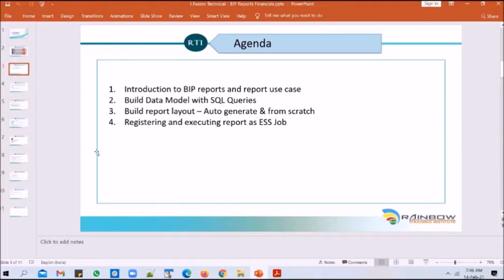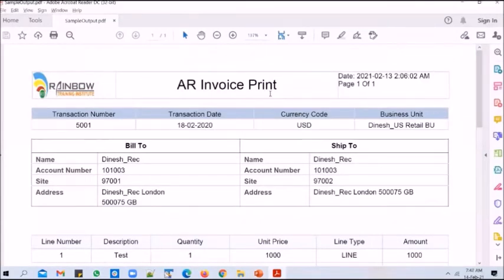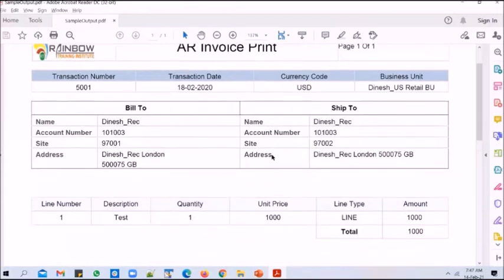And how do we do it? In ERP Cloud, there is a very handy feature. You have an option to auto-generate the report layout based on a data model. In eBusiness Suite, you have to create a report layout from scratch. You didn't have an option, but in ERP Cloud, you don't need to worry. You can auto generate a report layout based on a data model, and once it is auto generated, you can tweak it to align the auto generated layout output with what you are seeing on screen. Okay, let's see how to do it.